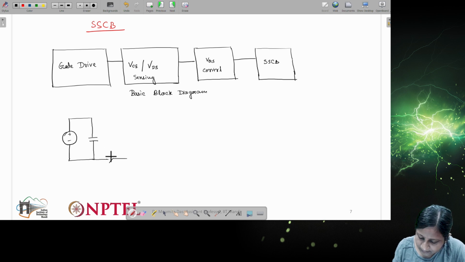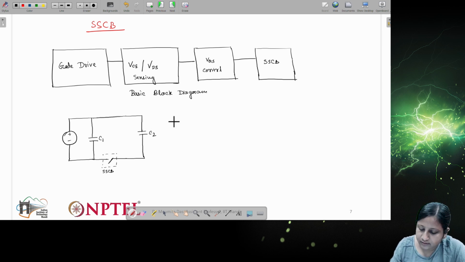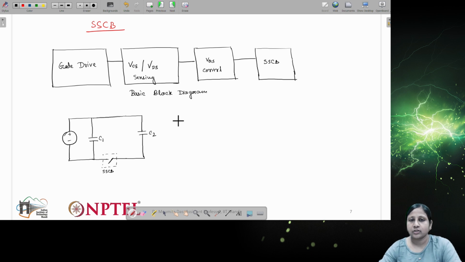SSCB is similar to any kind of switch, and we can represent it as SSCB. Now there is another capacitor. The first capacitor is the energy storage capacitor, and the second capacitor is basically the decoupling capacitor. I have already discussed their functions.